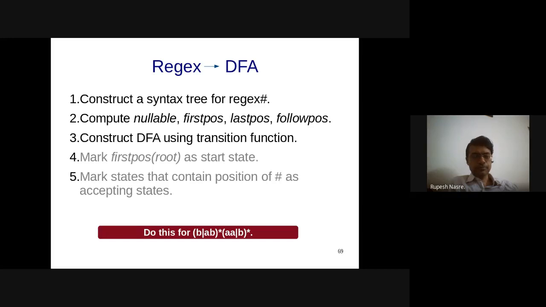Okay, all right. So we'll move ahead from first pause. Let's complete the last pause, which is going to be similar. Again, for star, it is going to be the last pause of C. For OR, it is going to be the last pause of C1 union last pause of C2. And for dot, if C2 is non-nullable, then it is going to be the last pause of C2. Otherwise, it is going to be the union of the two, last pause of C1 and last pause of C2.